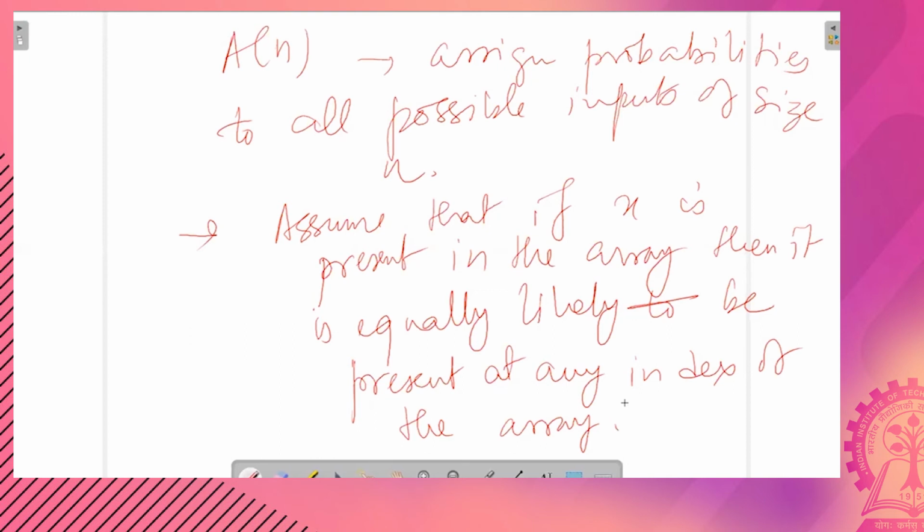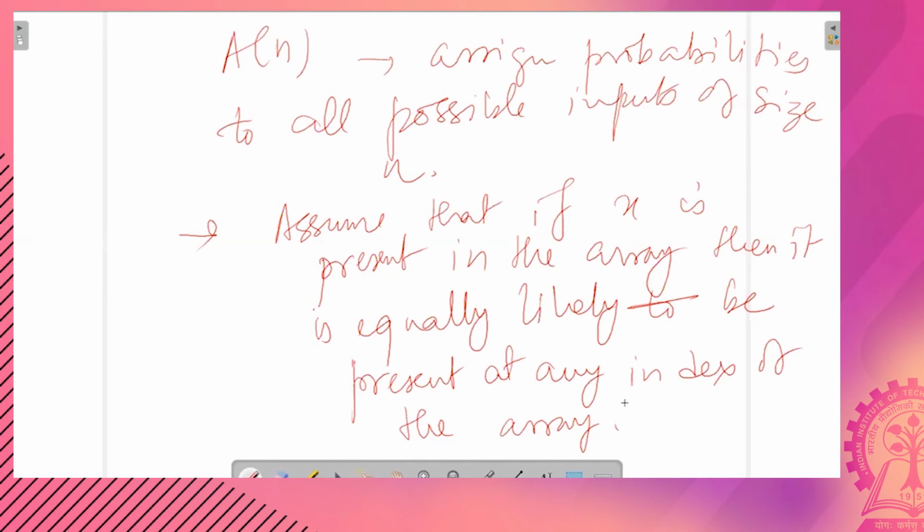If you are told that x is present in the array, then we can, without any loss of generality, assume that it is equally likely for x to be present at any index in the array, unless some prior distribution is mentioned. Okay, in general, such prior distributions, if mentioned, will change the analysis of the average case.